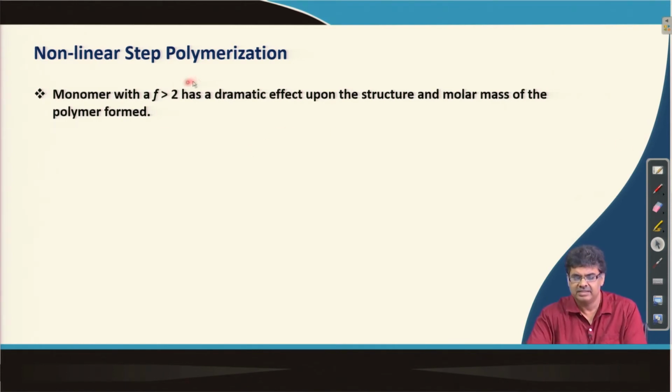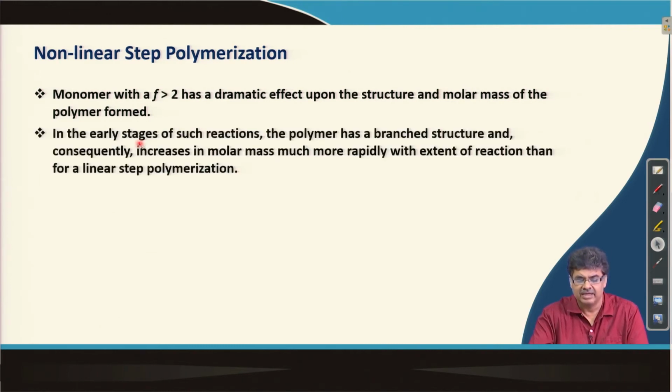In nonlinear step polymerization, monomers with functionality f greater than 2 have a dramatic effect upon the structure and molar mass of the polymer formed, as we just saw from the two examples I showed a few minutes ago. In the early stage of this reaction, the polymers have a branched structure, as I just discussed in the example, and with time,